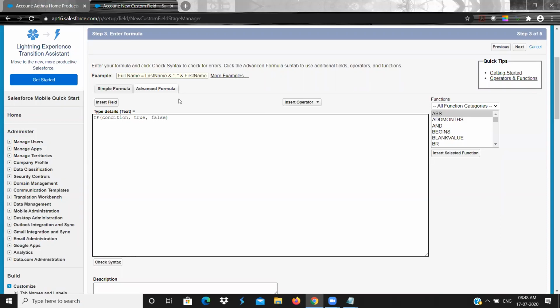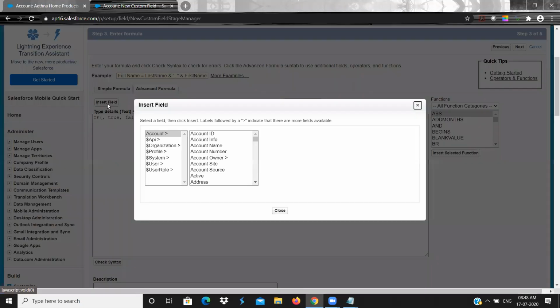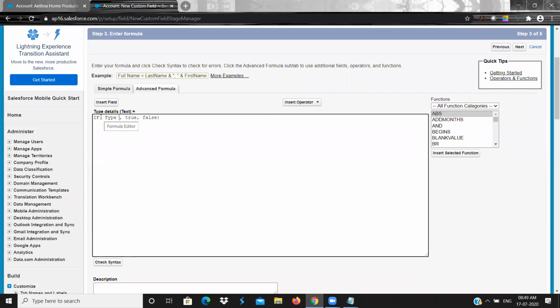In the condition I need to use type. First I want to select the type inside the account. Since I am using a pick list value, I need to use is pick val, is pick list value of type.